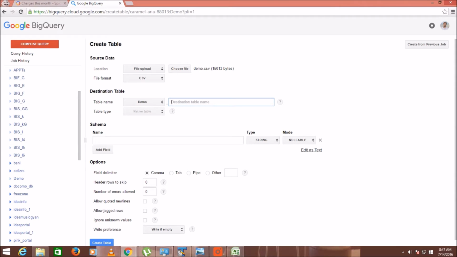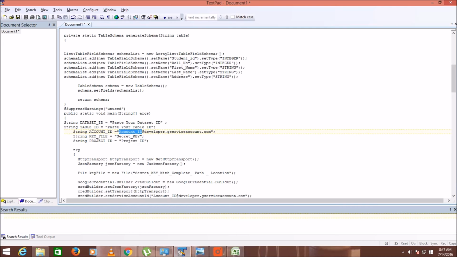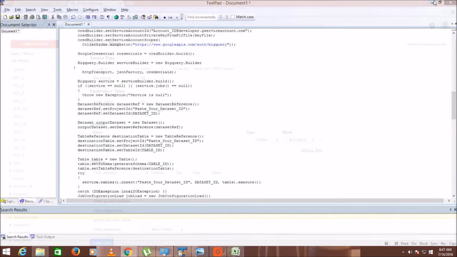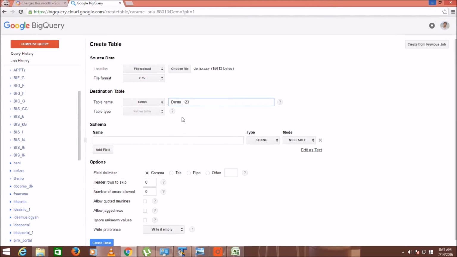And here you have to provide the table name, which is demo_123, and this is the schema which I was talking about. If you keep uploading your monthly data or things like this, then you have to declare the schema every time you upload the file. You have to click many times. But if you use this code, then you can save a lot of time, and you can also upload the compressed format of your data, which we'll talk about a bit later.